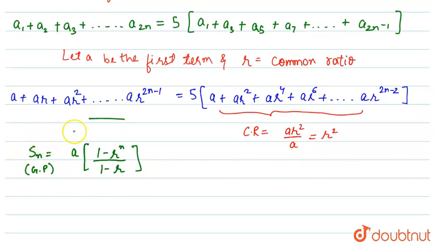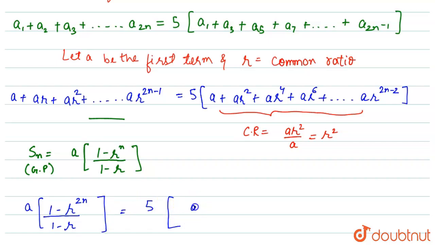So this will be A into 1 minus r to the power n upon 1 minus r, and here in this GP the number of terms are 2n. So this will be 1 minus r to the power 2n equals 5 times